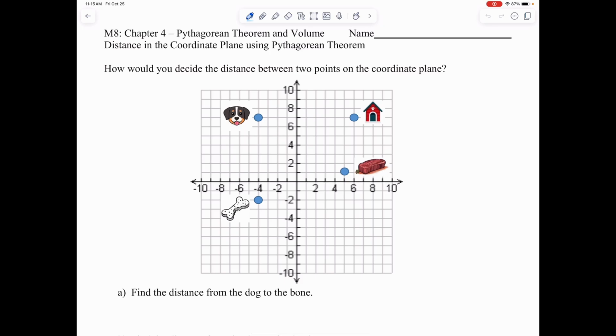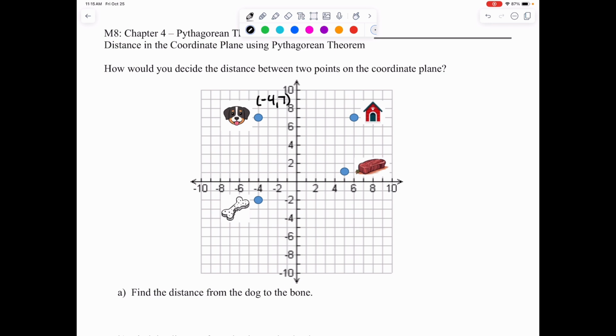Today's lesson is called Distance in the Coordinate Plane using Pythagorean Theorem. How would you decide the distance between 2 points on the coordinate plane? So to think about this, you see a picture of the coordinate plane, and there are 4 points located on this coordinate plane. So you've got the coordinate, for example, -4, 7,